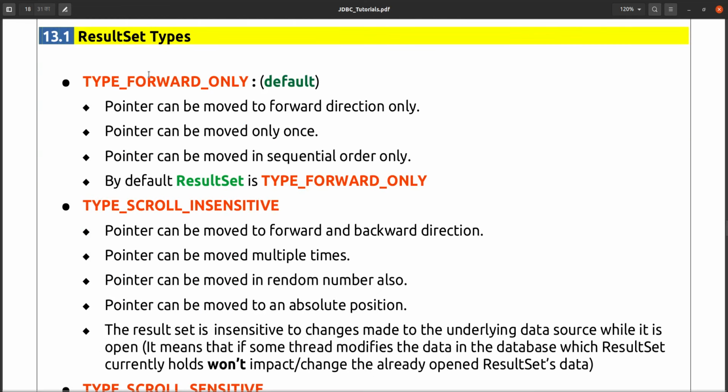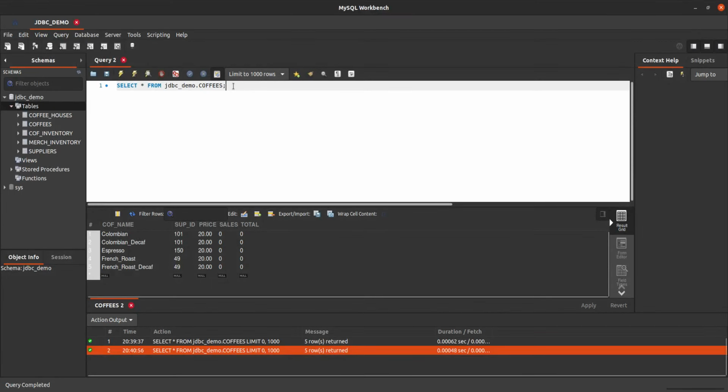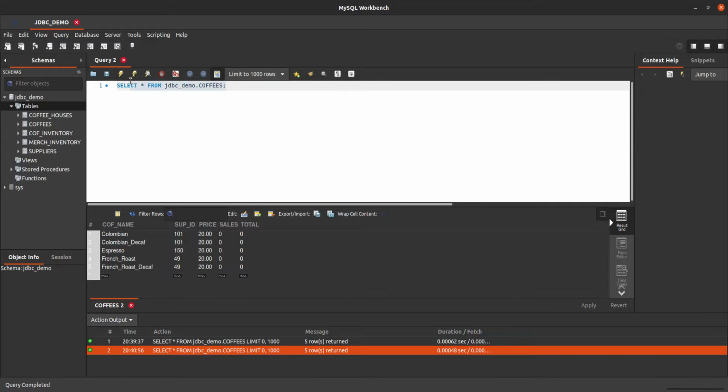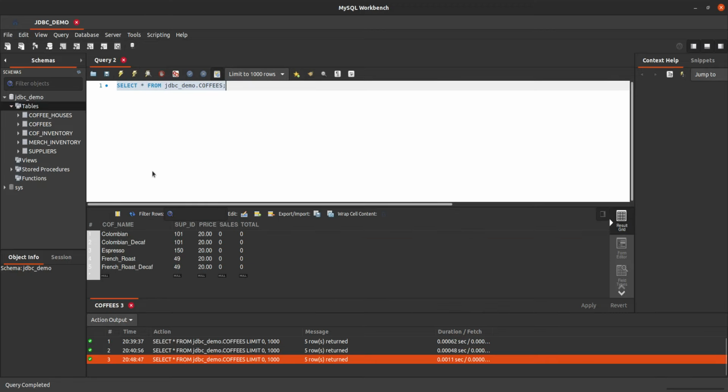Suppose we have executed a statement like select star from the coffee table. If I open the workbench and execute select star from JDBC demo.coffee, how many records is it returning?